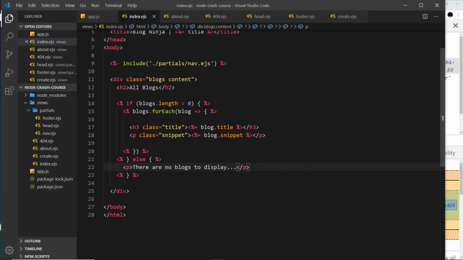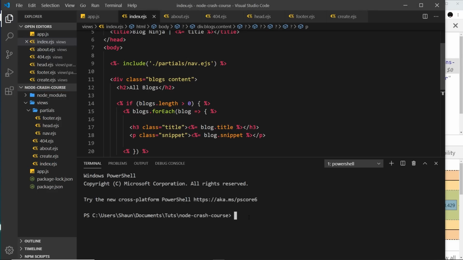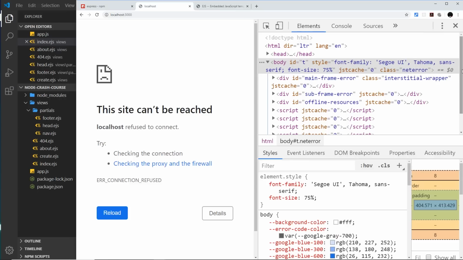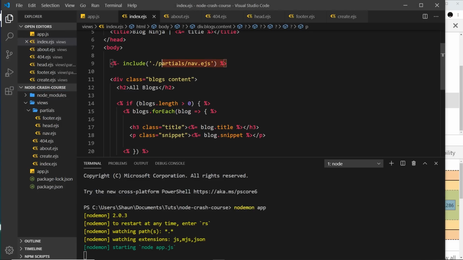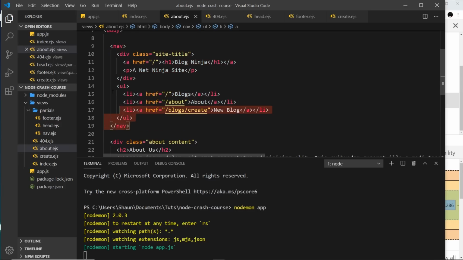Let me go over here and open up this terminal. Now we don't seem to be running the app, so I'm going to say nodemon app like so, and hopefully this should work now. So if we refresh over here, now we get it, and this nav is still there. Everything still works. So what we can do now is just copy this and go through our different view files,